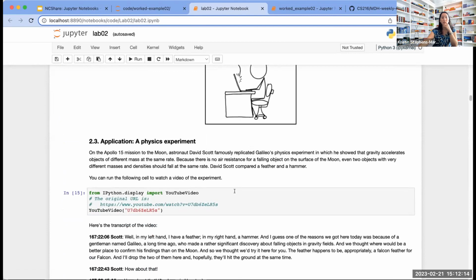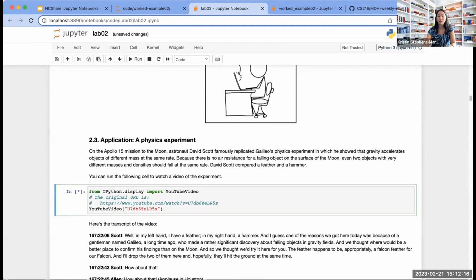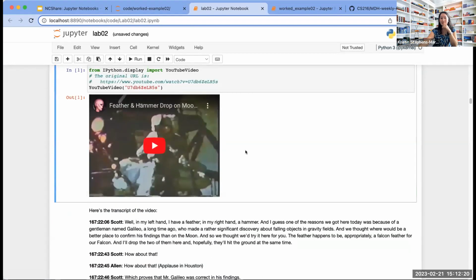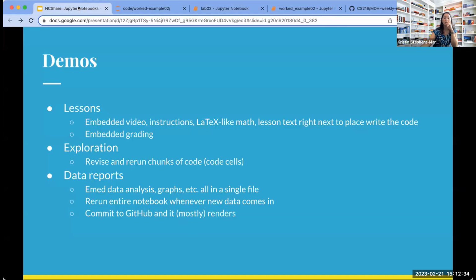You can embed pictures. You can even have a YouTube video play inside of the notebook. If, for example, this was a flipped class where you want students at home to go through the notebook, they can run YouTube videos in their screen, so they don't have to go anywhere else for that as well. And then in terms of exploration,